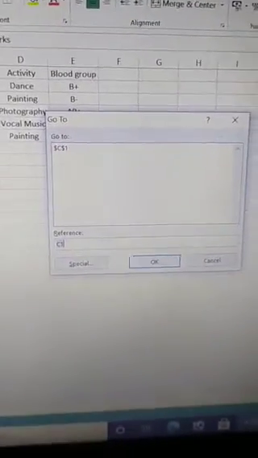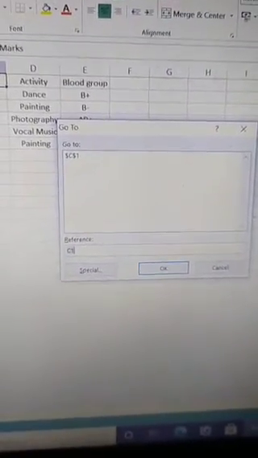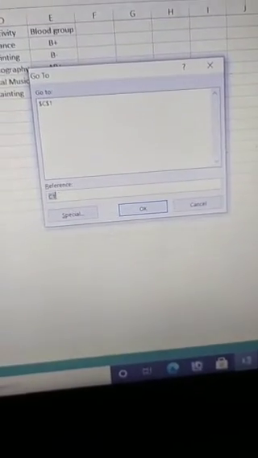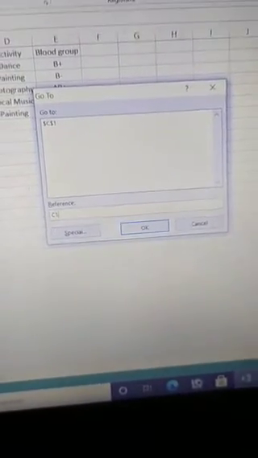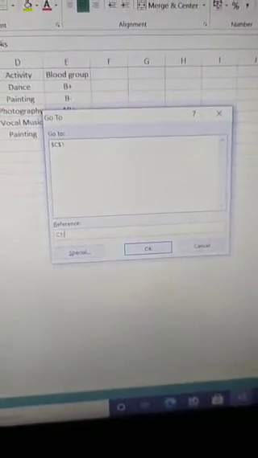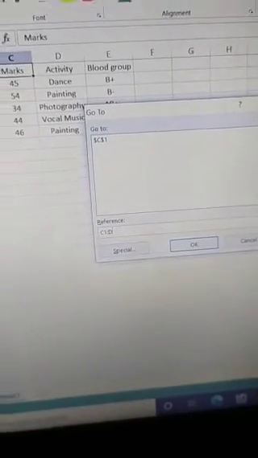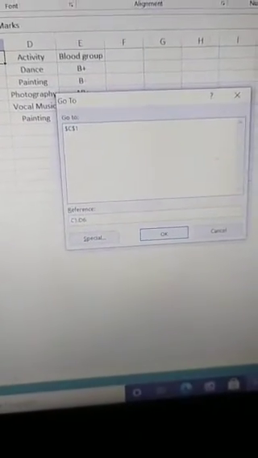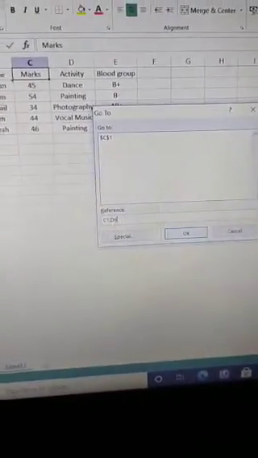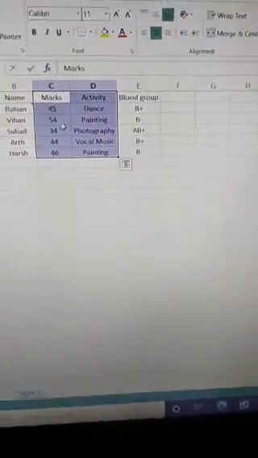Now in the Reference option here I can write C1 to D6, then press OK. If you press OK, then you will see that it is selected.